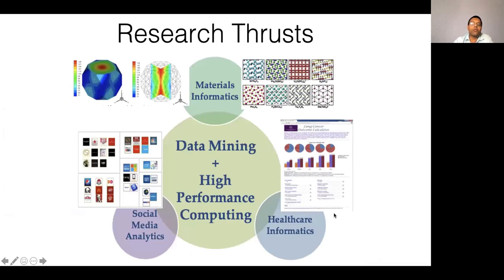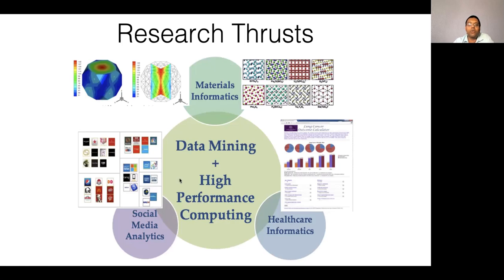So to give you a bit of background about the kind of research I do and our group as a whole, I strongly believe that in this era of big data, there are these two fundamental technologies or subfields of computer science, data mining and high performance computing, that need to come together more than ever before if we are to solve the big data challenges. So in our lab, we routinely take data mining algorithms and scale them up to thousands or tens of thousands of processes so that they can really work on big data efficiently.